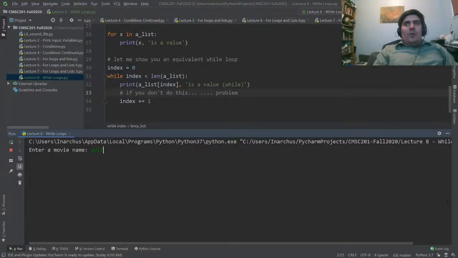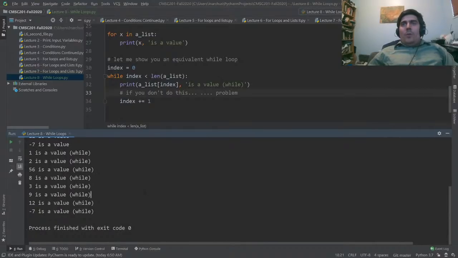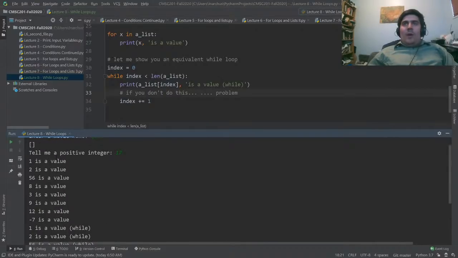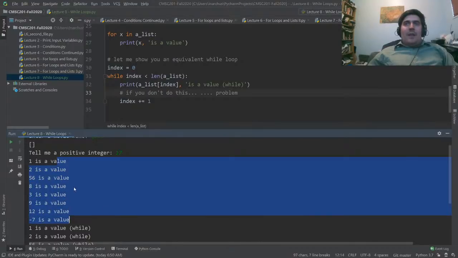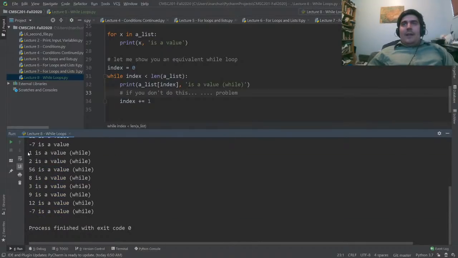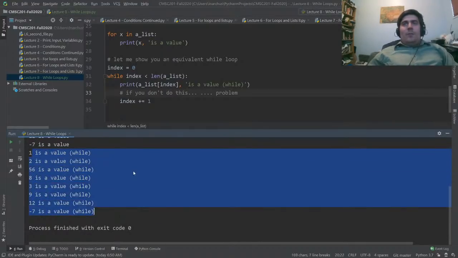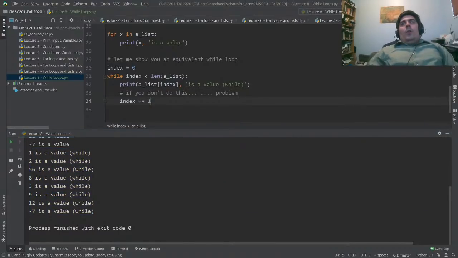No movies, quit. Tell me a positive integer, 17. Cool, so here we see that 1 is a value, 2 is a value, 56 is a value, all the way down to -7. Here, 1 is a value, 2 is a value, blah, blah, blah. If we don't do this,